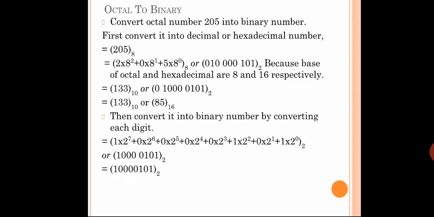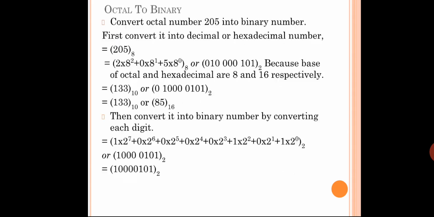How to convert octal to decimal? Can you see the second step? 5 from the right hand side. 5 into 8 to the power 0 plus 0 into 8 to the power 1 plus 2 into 8 to the power 2. Why have they written like that? Because whenever you are going for a binary value, it is 2 to the power 0 position value. Whenever you are going for an octal value, the base value is 8. So the position value will be from 8 only, not from 2. For hexadecimal, what do you do? It is 16 to the power 0 plus 16 to the power 1. In that fashion you have to follow.